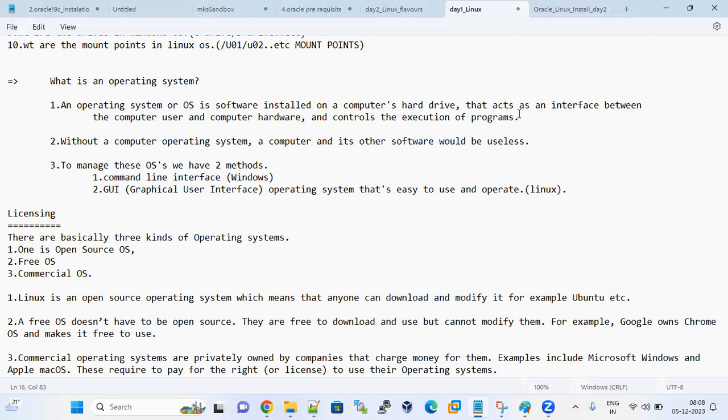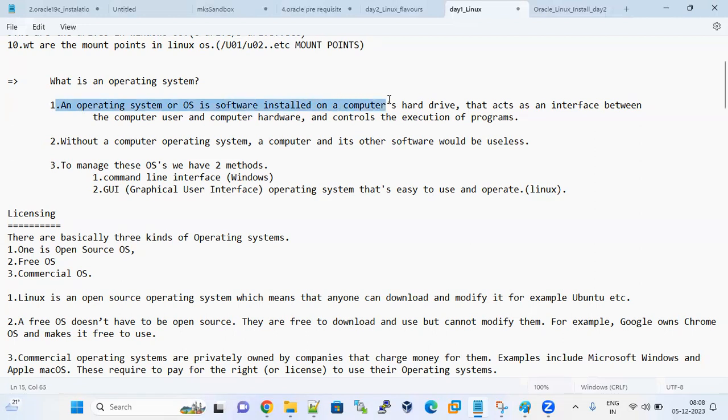So after purchasing a computer, we have to install one. Which OS do you want to install? There are types of OS: Windows, Linux. I want to install Windows. What is the latest Windows operating system? Windows 11. Any operating system is a kind of software we have to install on a computer.